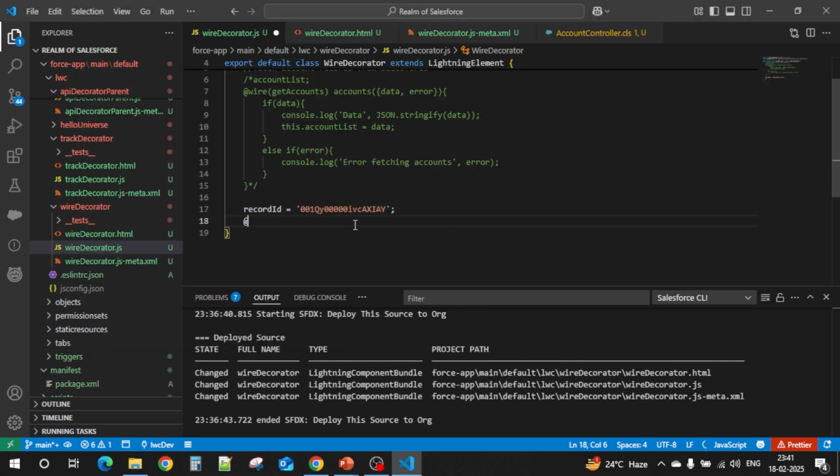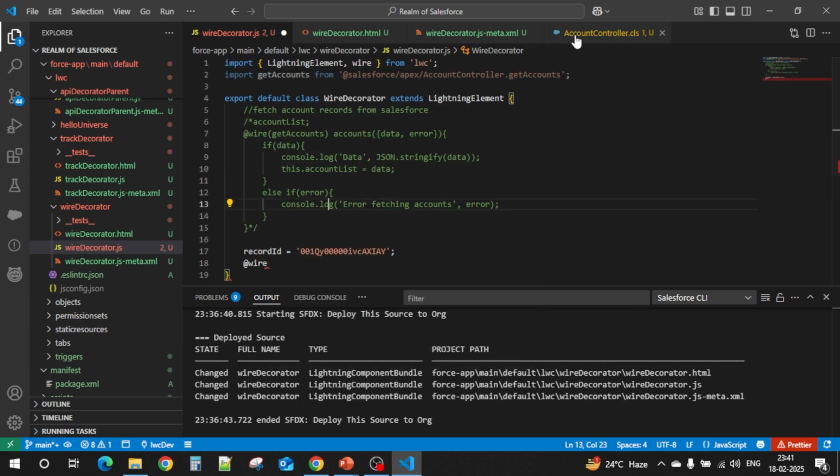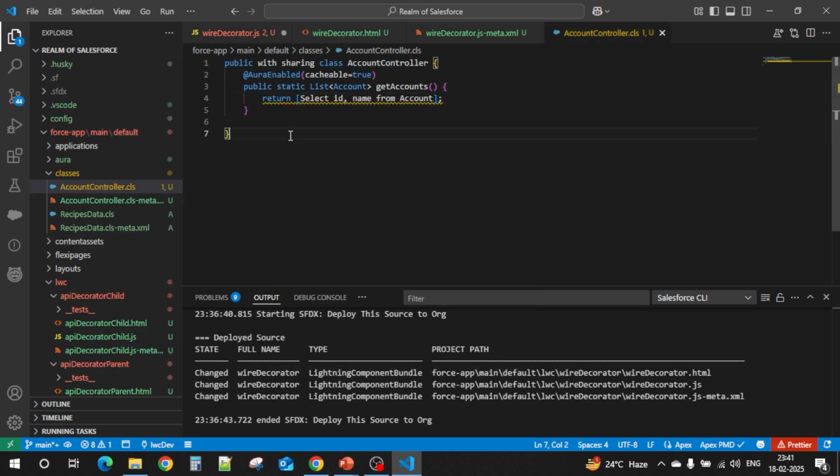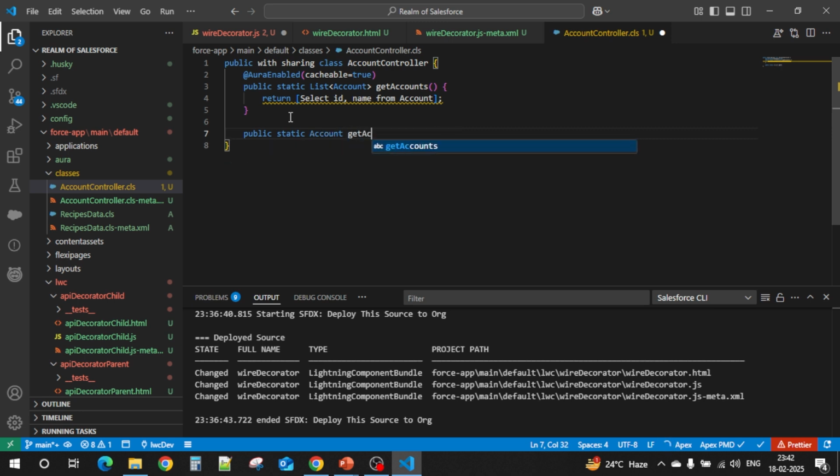we'll use wire. So this time in our Apex class we again need to write one more method. This time we'll write public static Account get account detail, and here we'll give an ID which is equal to account ID. So we have written this parameter here, right? And we will return